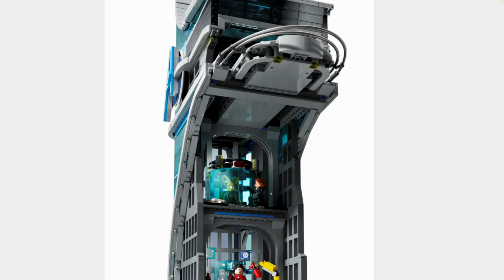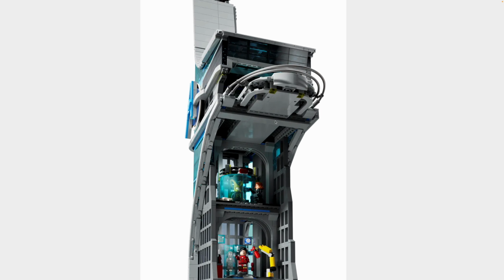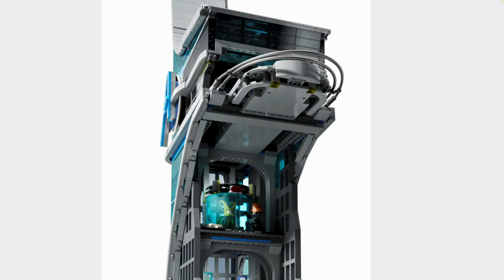And I guess, yeah, there are minifigures from Avengers 1 as well. So I guess this set covers Avengers 1, Age of Ultron, and Endgame. So I guess the only movie it doesn't cover that the tower appeared in is Spider-Man Homecoming. But